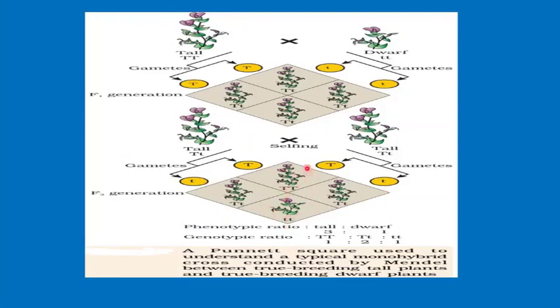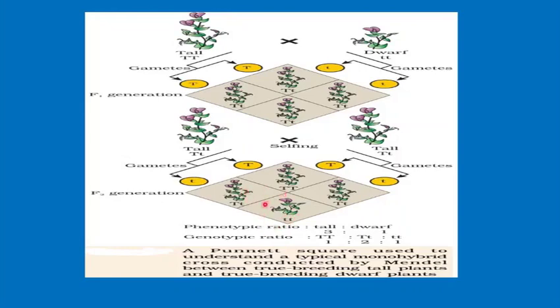So you can see here it is the capital T and capital T. So it is homozygous tall gene alleles for that. So the plant will be all tall in nature. This is the genotype over here. So capital T small t, capital T small t. So out of 4, the 50% of that is the heterozygous allele which zygote is formed. And the last one is homozygous recessive, small t and small t.